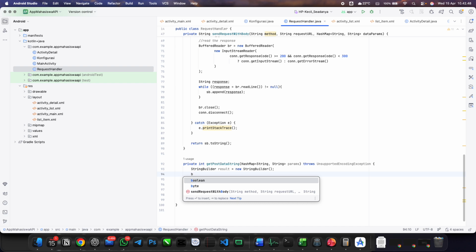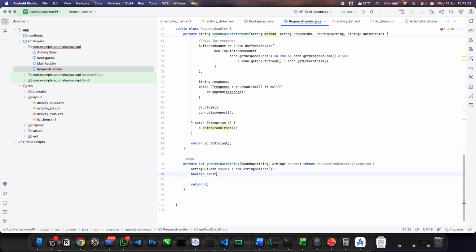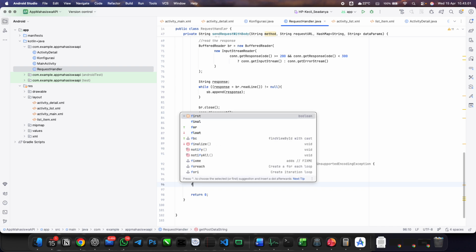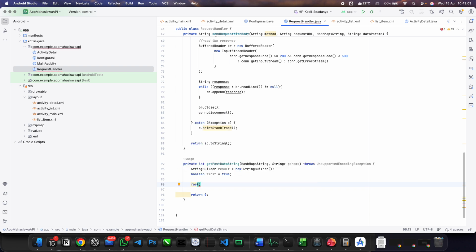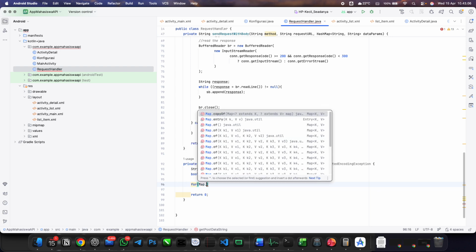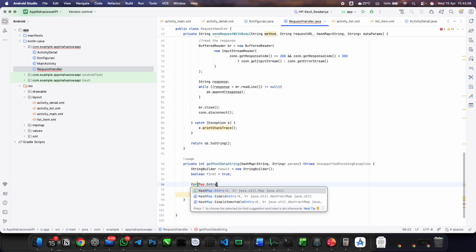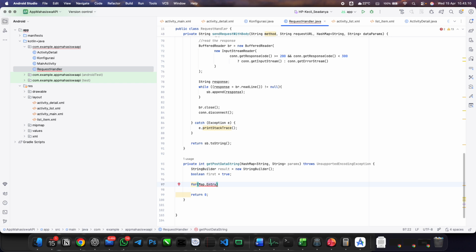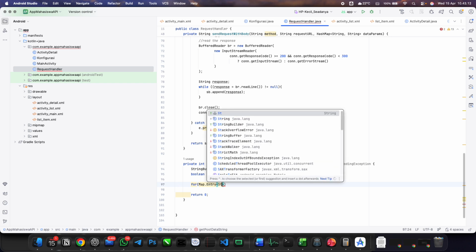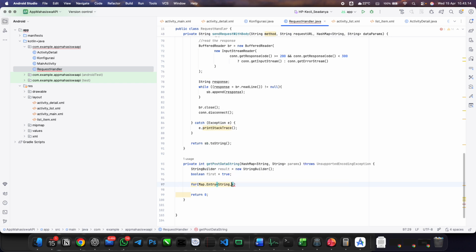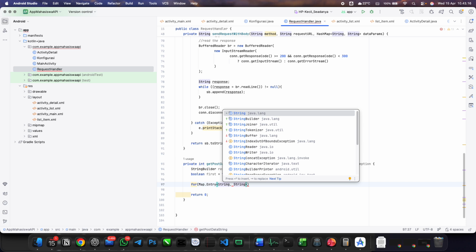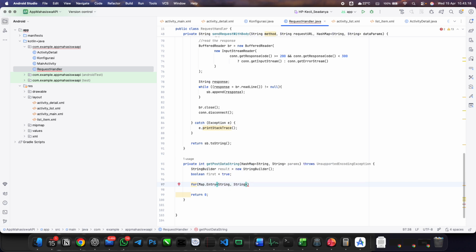We are using a boolean, we call it first, which will be true by default. And a simple loop for every line in our mapping. We call it entry.